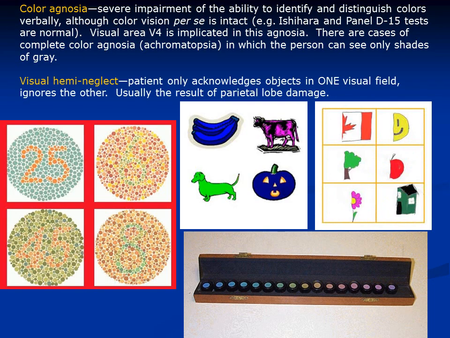Okay, visual hemi-neglect, another one that's wild. What's going on here? Well, only half of the visual field is processed, is consciously made aware to the patient. You remember we talked about how these halves of the visual fields work. It starts in the retina. Anything just to the left of center of the fovea is the left visual field, and right is right, or actually reversed optically. You understand what I'm saying. And it gets halved and crosses over at the optic chiasm, so on and so forth, gets sent back to